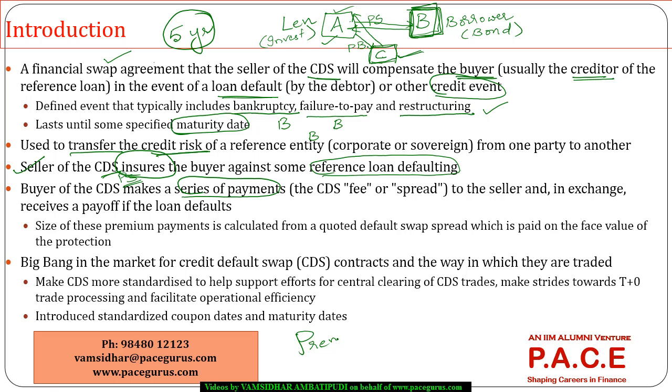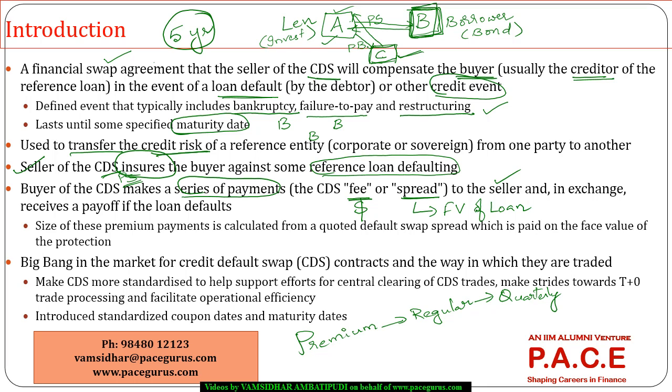Right? The buyer of the CDS has to make the premium payment at regular intervals. Generally, these premium payments are made quarterly. There are different ways in which we talk about the payment. Either we talk in terms of a fee in dollar terms, or generally we talk about a spread, which is some percentage of the face value of the loan that is outstanding. So there is a series of premium payments made by the buyer of the CDS to the seller